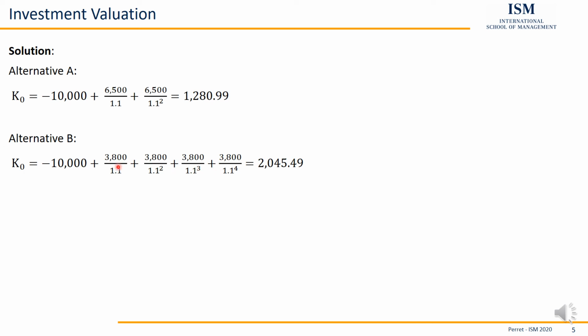So here, for example, 1 plus 1 divided by 1.1, 1 divided by 1.1 to the power of 2, 1 divided by 1.1 to the power of 3. Then I can use the formula for the finite geometric series and quickly calculate the net present value